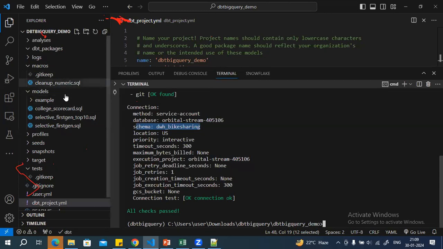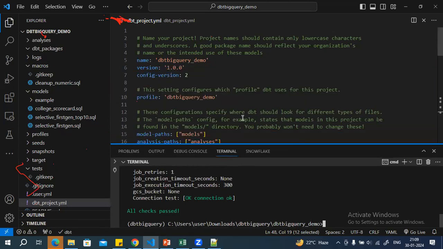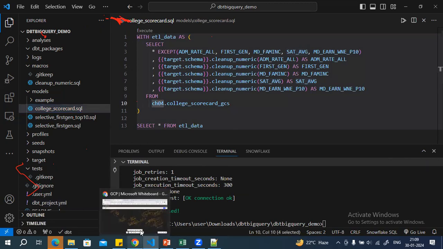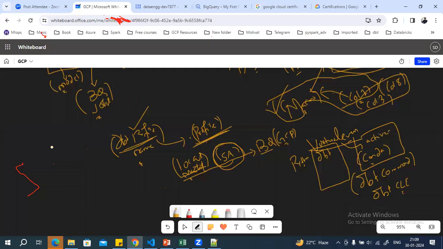So the model, you all understood. I have the raw layer, next the staging layer, and the final layer. Okay, so there are three tables which I'm going to create. And whenever I try to run the model, it is going to search for this data set. So basically, in case of the BigQuery,